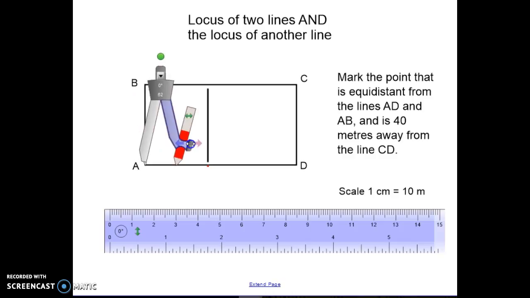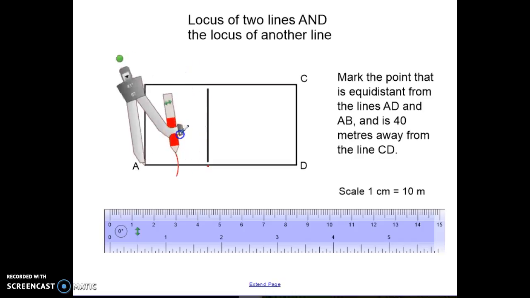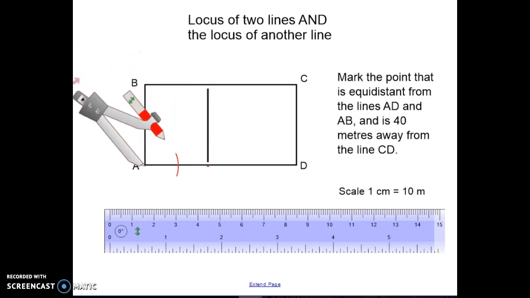Open the compass. How far I open them isn't that important as long as I'm consistent. So if I make an arc there and do the same again here,